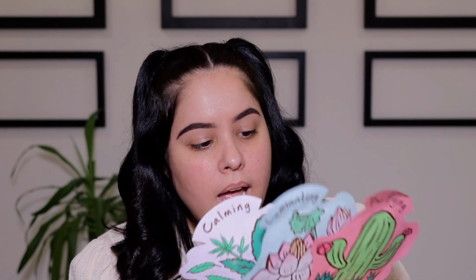And then the last thing that was in my box is 3 sheet masks from Moly. I hope I'm saying that right. And we have 3 different ones. We have a purifying one, illuminating one, and a calming one. So I'm not gonna be trying these today because I'm kind of ready to go, but I will use one